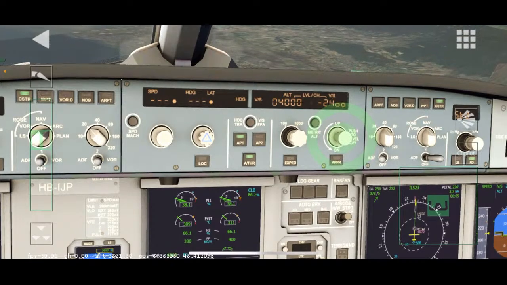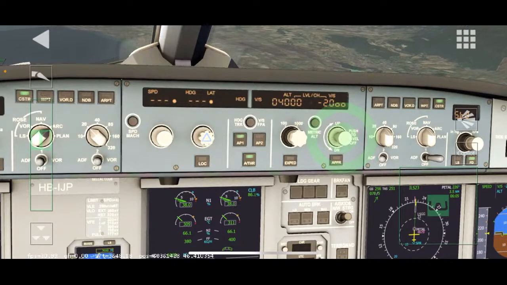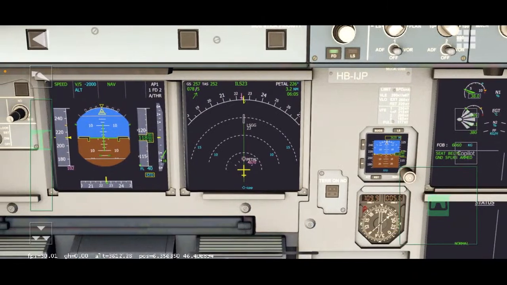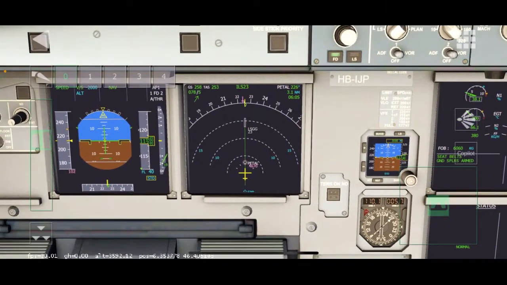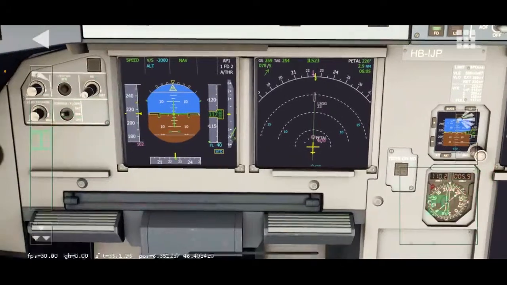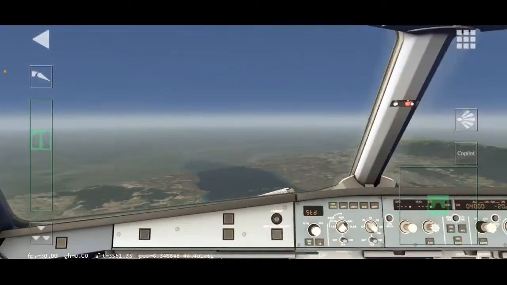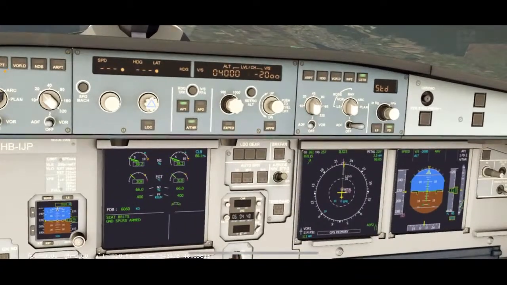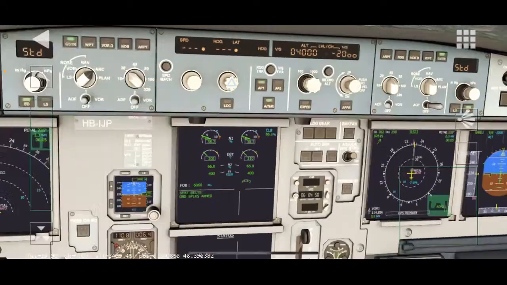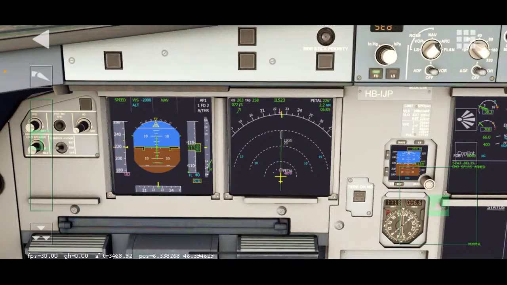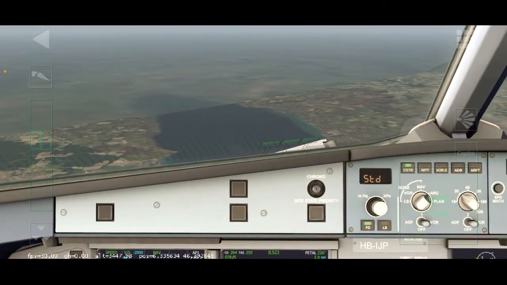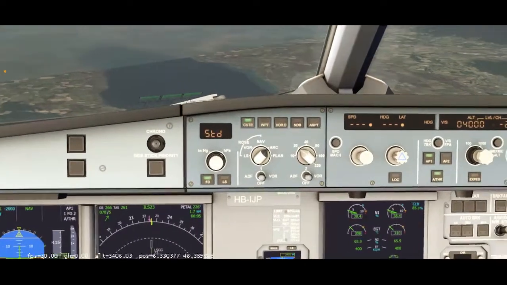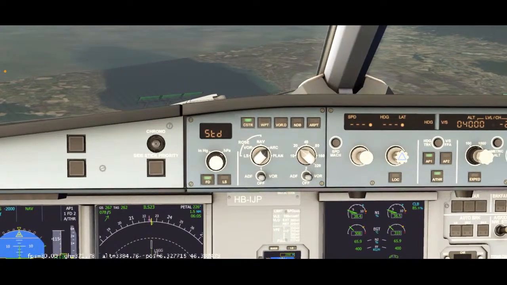Yeah, this is going to be a very interesting approach. Oh boy. Yeah, because we are very high up and we're not even at 4,000. Honestly, I think I want to make a left 360. Pull the altitude out. Well, hold on. Let me just see something here because the airport is down there and we're at... We might need to make a left 360, to be honest.